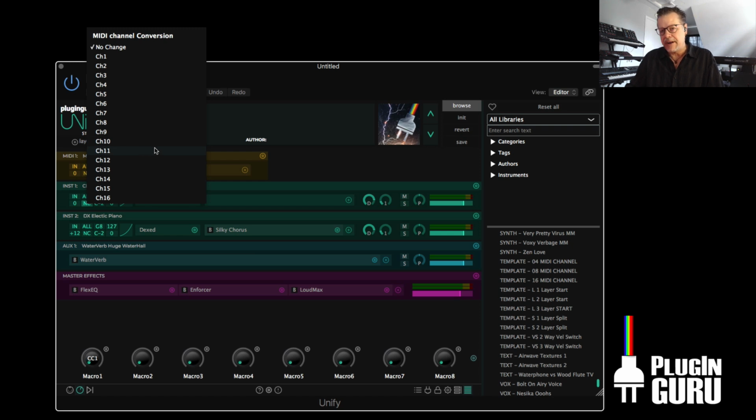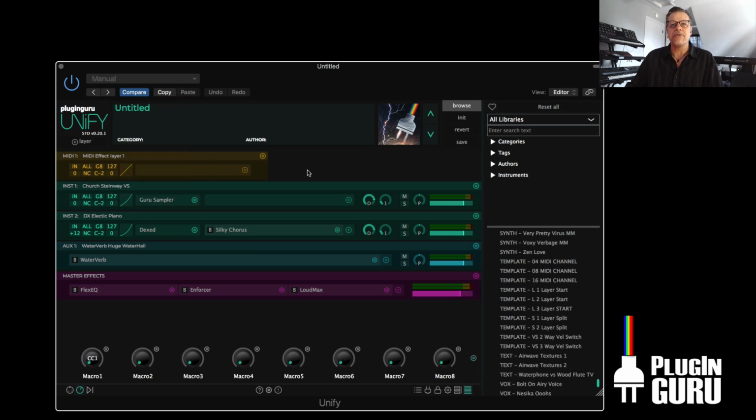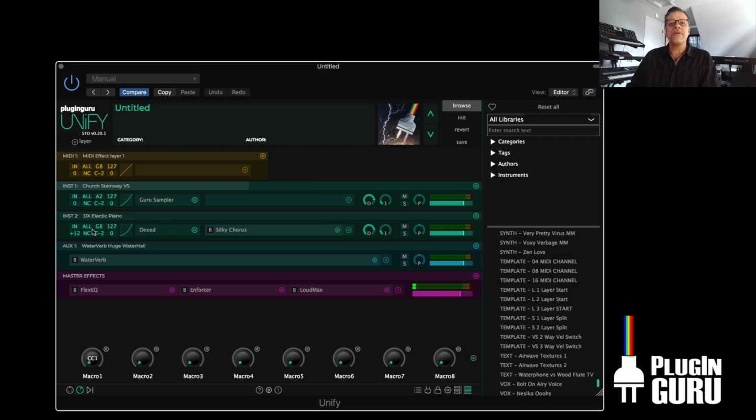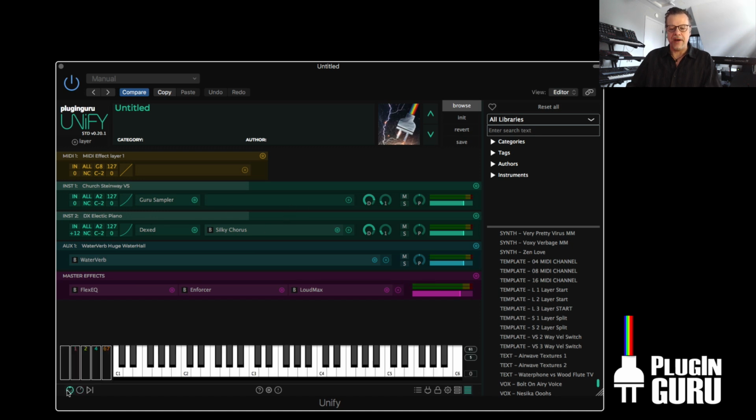You can reroute incoming MIDI to another MIDI channel if you so desire. That's more for future use, things that we have planned to add in the future to Unify. So to the right of that are your key ranges. If you right click, you can play, let's say A. And if I go to both of these and I right click and say A, I have now limited my keyboard so that